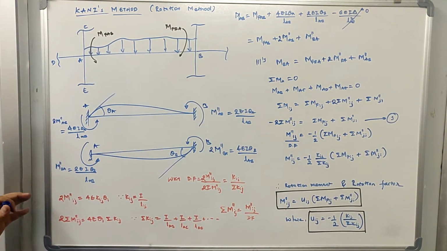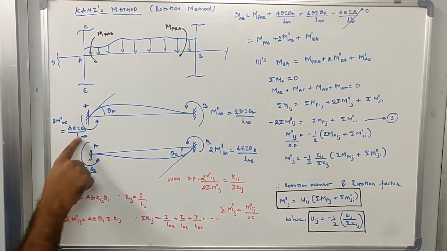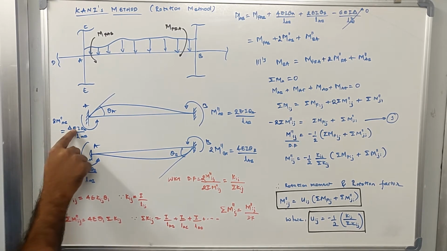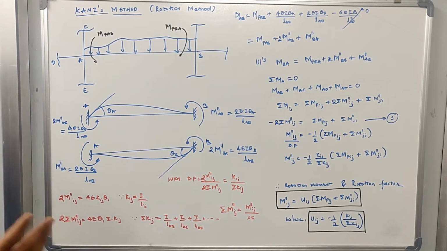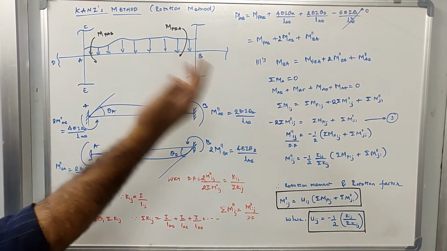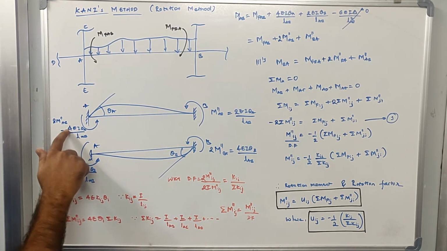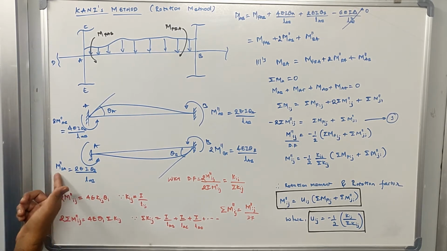Now let us go back to these equations. In these equations, what we know is that 2m double dash ab is equal to 4 EI theta a divided by Lab. I can simplify this like that: 2m double dash ab is equal to 4E into k. What is k? K is I by L. I hope you remember what k is. K is the relative stiffness. Relative stiffness is written as I by L if the far end is fixed. In this case, the far end is fixed, so that's why k is equal to I by L, right? So I can write this as 2m double dash ab is equal to 4 EI k divided by theta a.